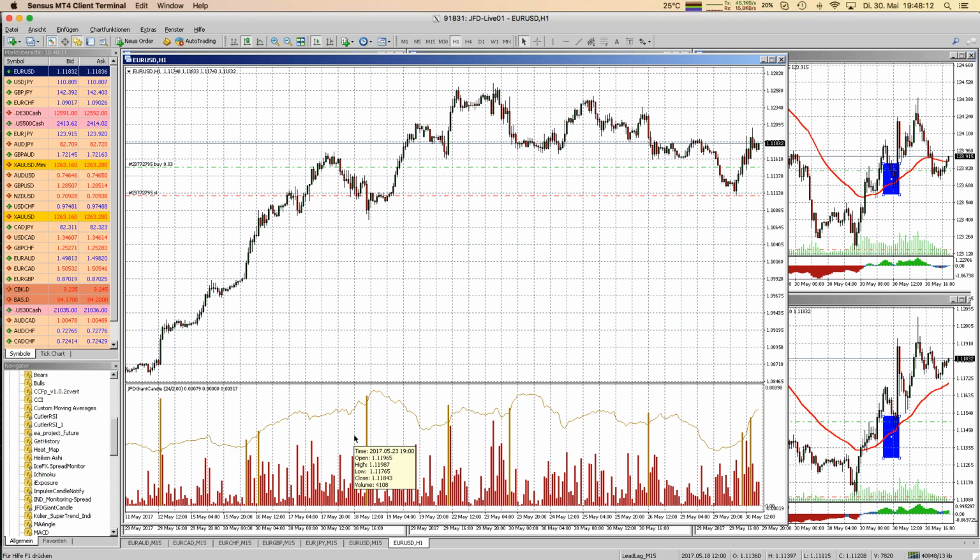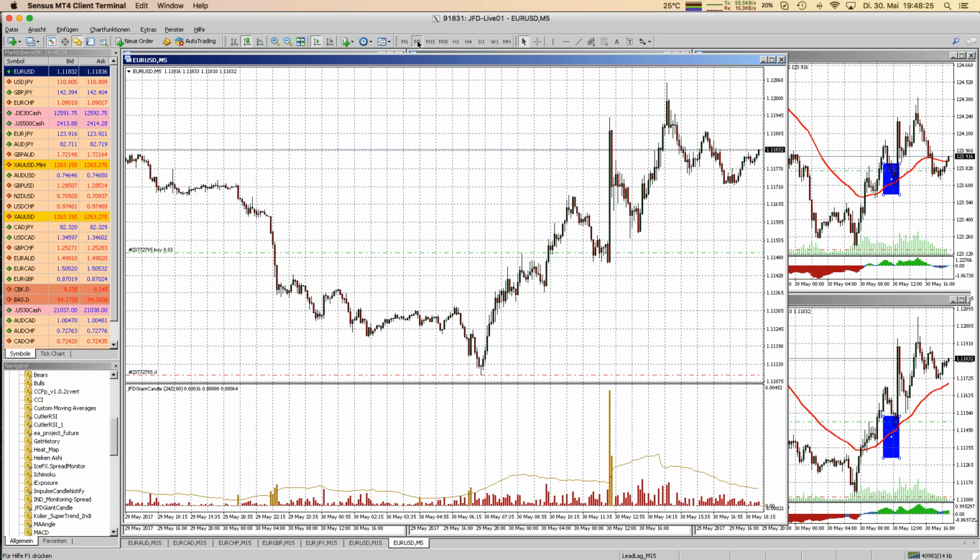But the good thing about the indicator is that it helps you to identify those candles. You can play around with the thresholds, the ATR values, and of course, what you can even do is change the time frame, for example, to M5, but make sure that you change the ATR period here as well. And honestly, I would still go for an ATR period which represents more or less a day, which would mean 288 candles of period, simply because I don't want the ATR to follow the intraday volatility movements,